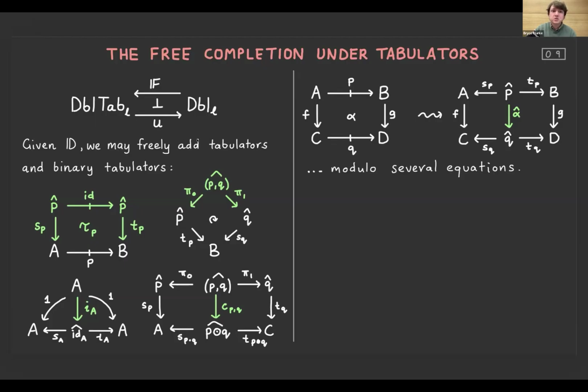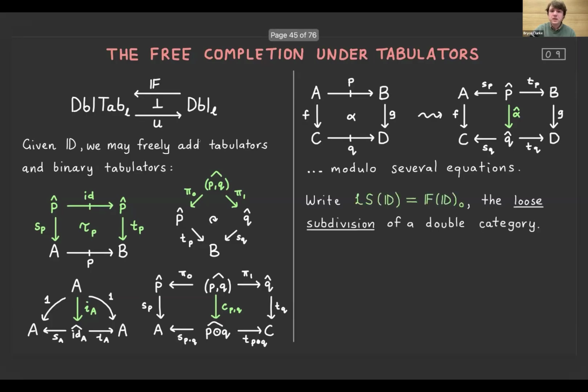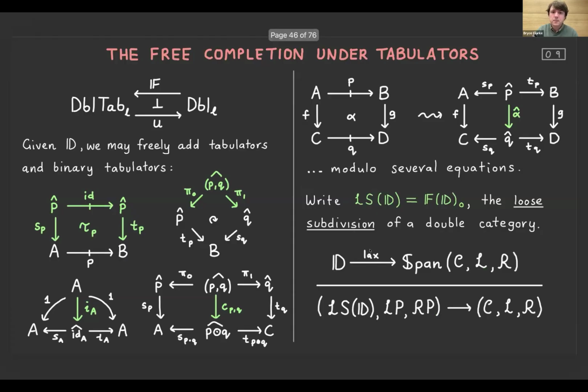And so what we can do is we can take this adjunction and compose it with this one that I had on the previous slide. Okay. But first of all, I want to say that if we have this double category, this free completion under tabulators and binary tabulators, let's denote its underlying category of objects and type morphisms, and we're going to call this LS of D, for what I want to call the loose subdivision of a double category. Okay. But yeah, coming to the point, if we compose this adjunction with the one I had on the previous slide, we can now say